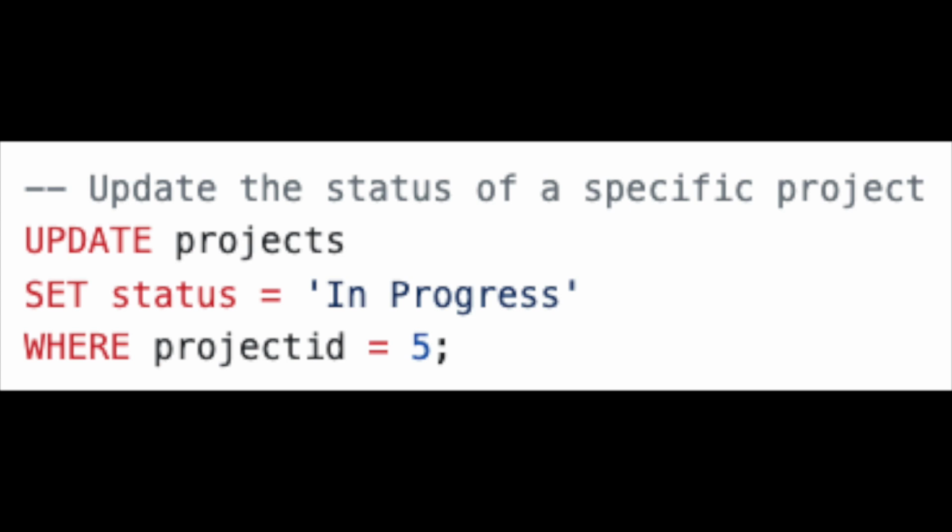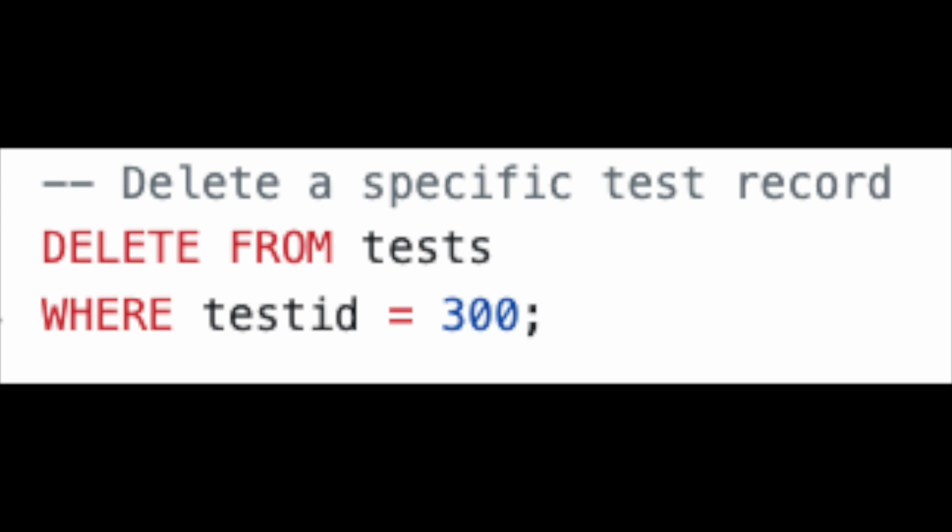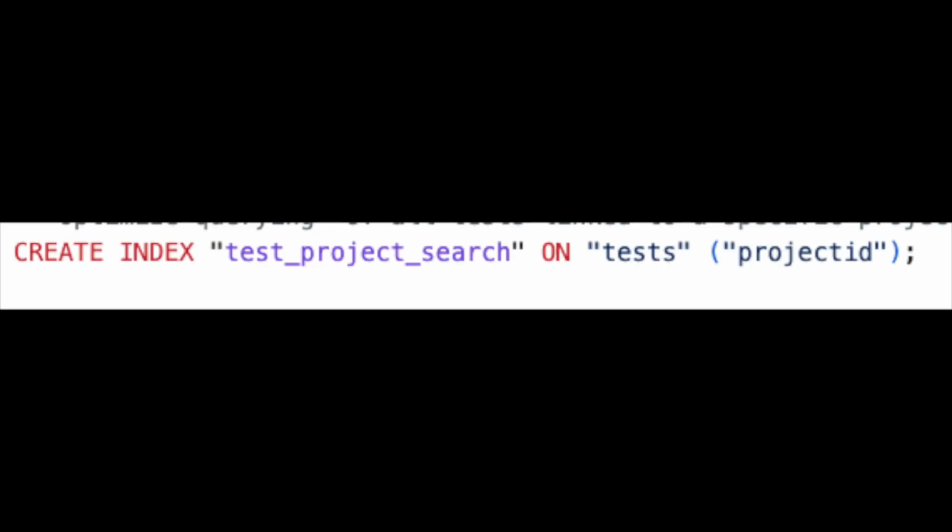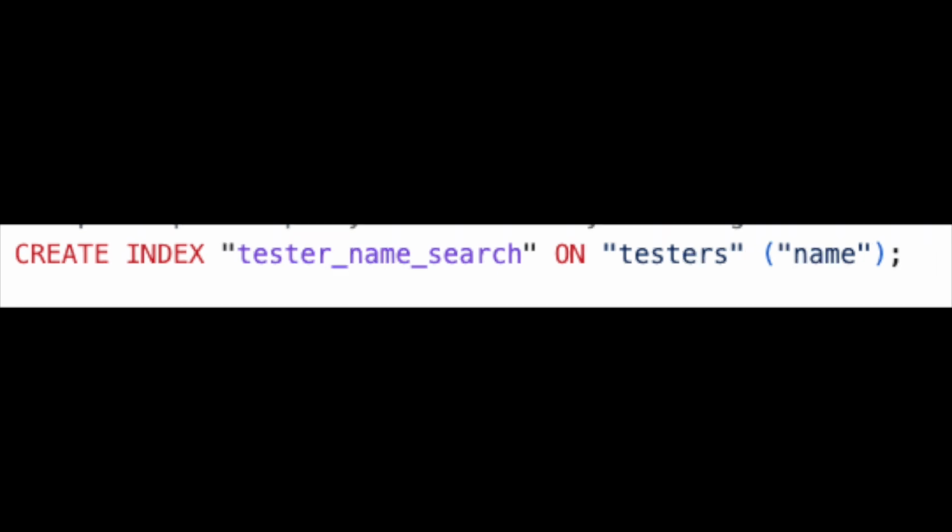Finally, if a test was mistakenly added or is no longer relevant, a user can delete a specific record. I created an index on the project ID field in the tests table to optimize querying for all tests linked to a specific project, and improved lookup speed by creating an index on the name column